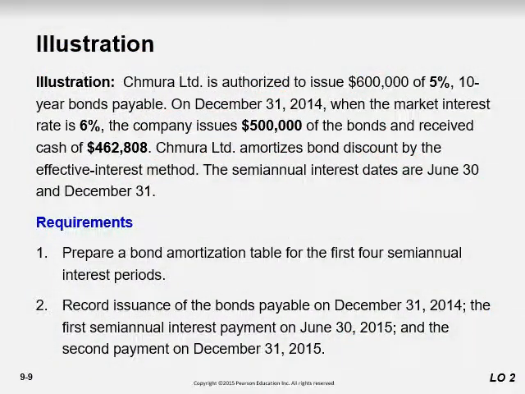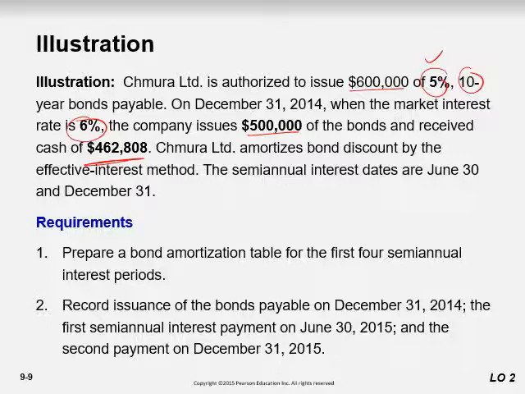So I have pasted an illustration here. Just read that and we will try to solve it together. Okay, so we have a company that issued 600,000 value of bond, 5%, and the maturity date is 10 years. The market rate was 6%. Look at that. Is it discount or premium? It is discount. Why? Because the market is giving us a higher rate than the company. So the company issues worth $500,000 of bond and receives